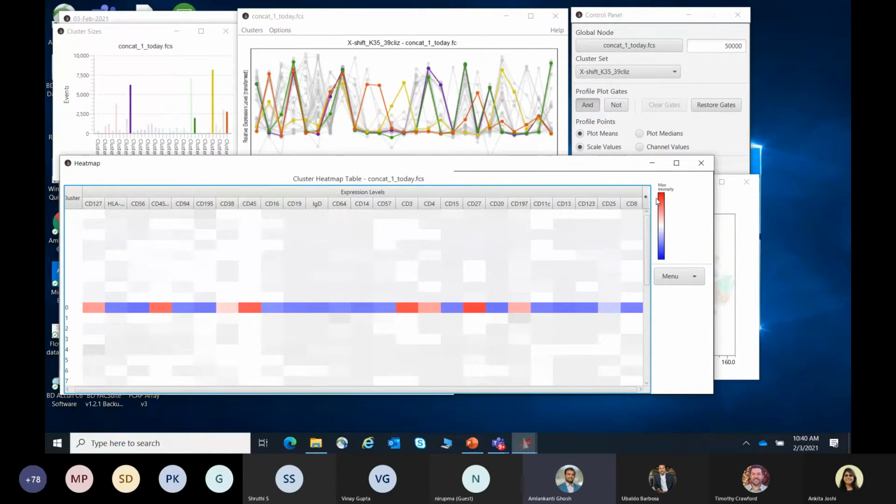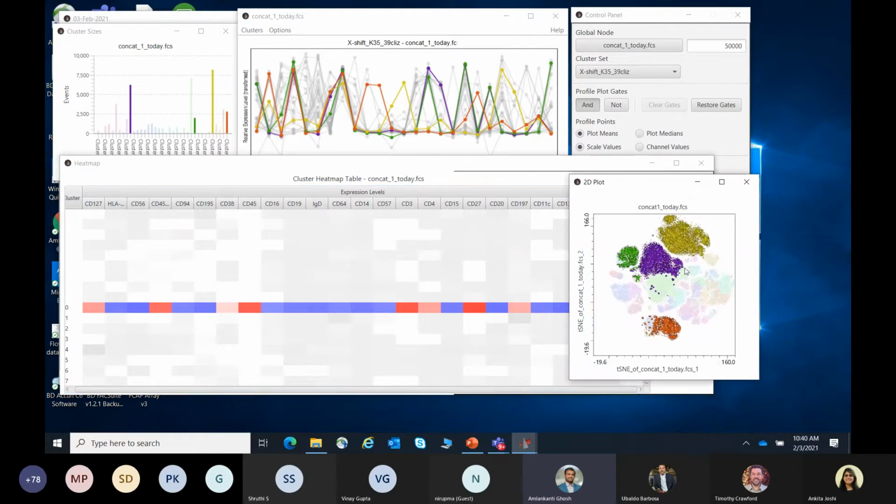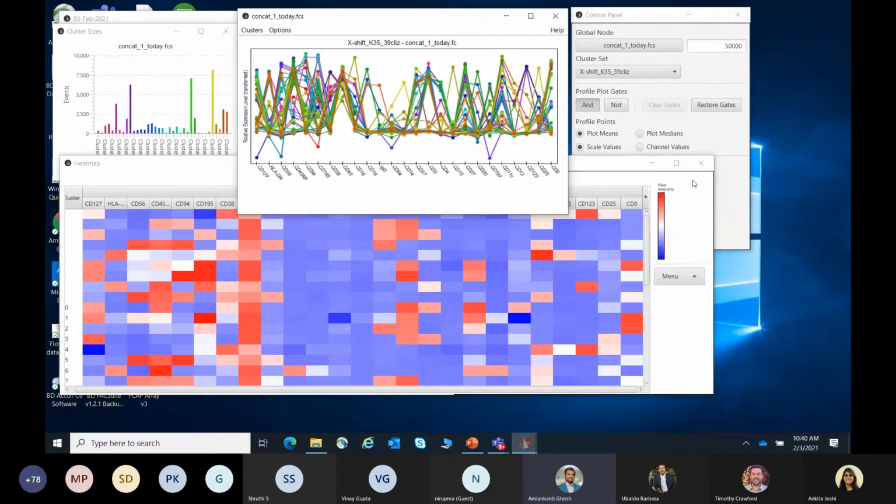This space is very interactive, where you really dig deeper and find a lot more information from all those clusters derived through XShift, and you can really look at them live in this t-SNE space. So maybe the last thing which I want to show is you can derive this if you just click on this menu option